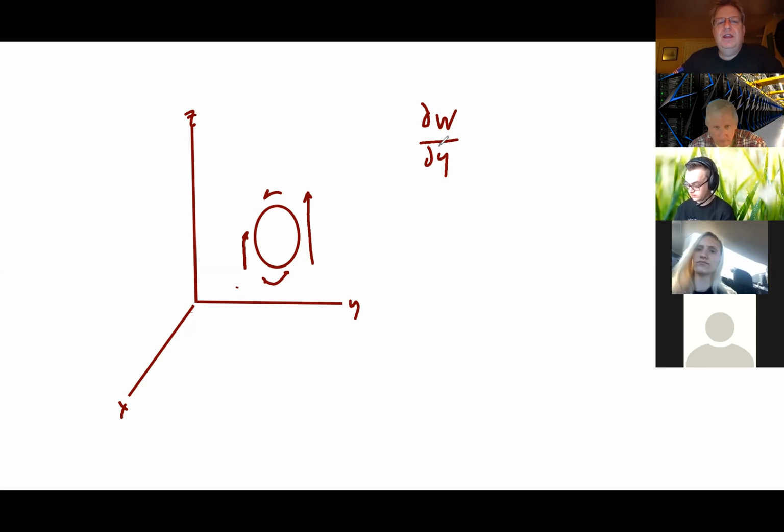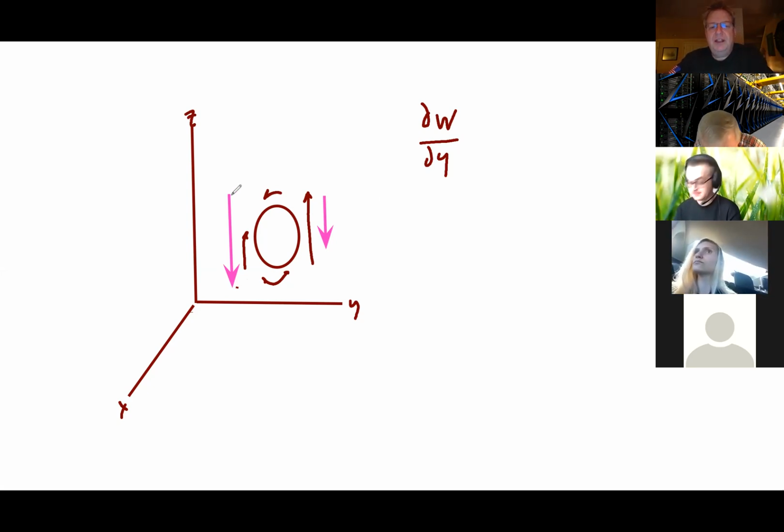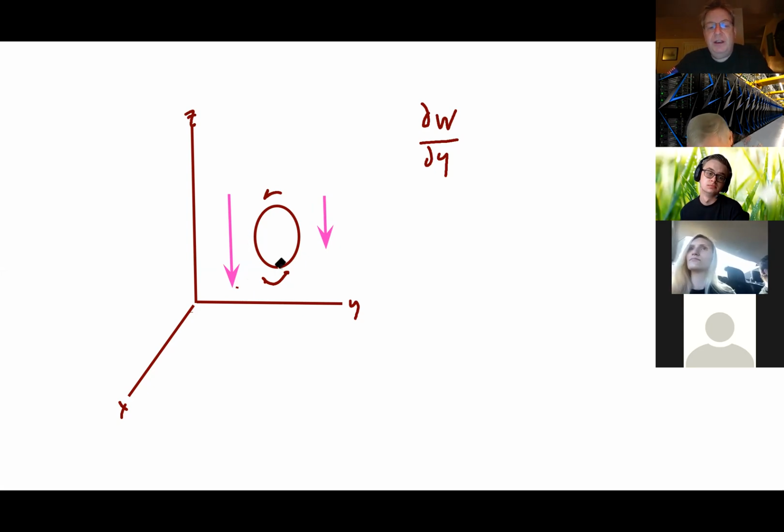But what if I showed you this? And this is where it gets a little mind-blowing. Do you agree that I can spin this? Okay. Do you agree that if I had those pink arrows, so I'm going to take the pink arrow, I'm going to take the other arrows off, and I'm just going to look at the pink arrows. Do you agree that's the way it would spin based on the pink arrows? Yes. That's dW dy. But where it's freaky is this is negative dW